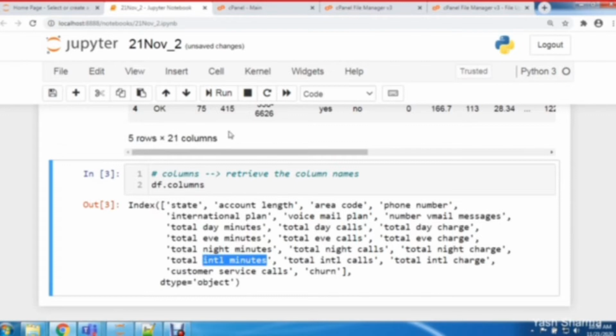So now I would like to explain this data set to you. In this data set guys, we have state, account number, area code, phone number, whether that phone number has the international plan, voicemail plan, and the number of voicemail messages, total day minutes of that user, total day calls, let's say how many calls he initiated in a day, total day charge, evening minutes, how many minutes he used to spend in the evening, total evening calls, total evening charge, how many number of minutes